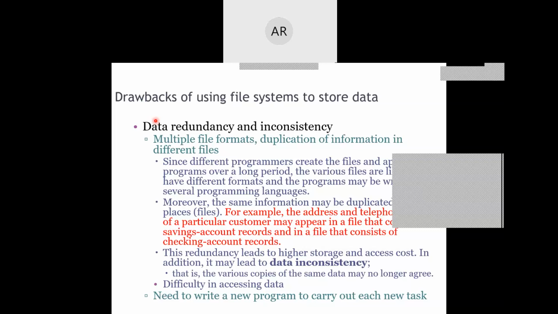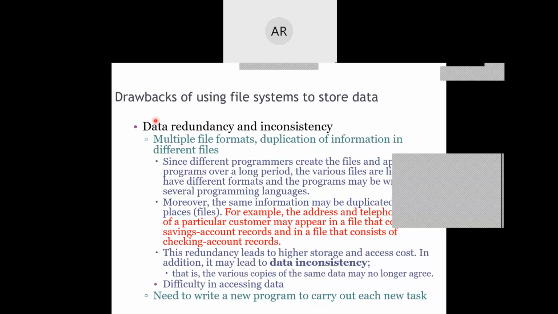If it is saved in multiple locations, there is a drawback that it will consume a huge amount of memory. And suppose after a while, when I again go through those files, I may think that I was working on the original file and I will update it. But I will forget that I also made one more copy which I wanted to match with the other programmer's. So the original one will not be the same as the matching one.